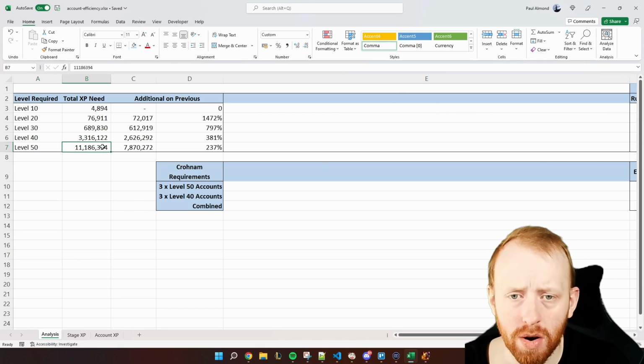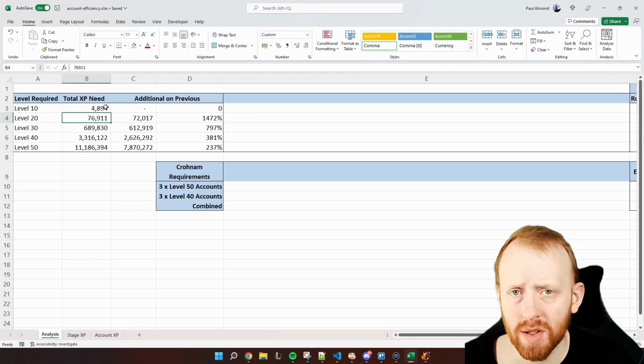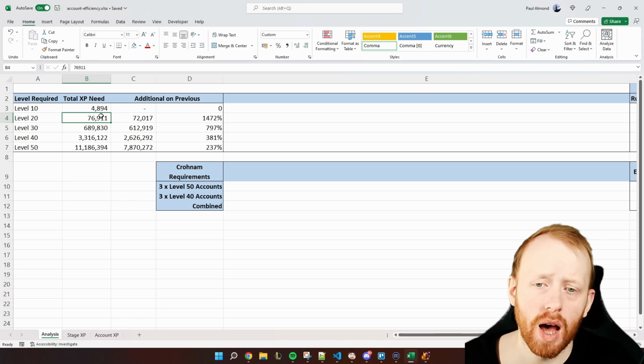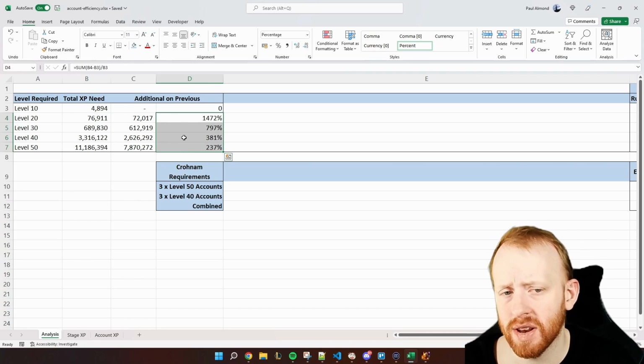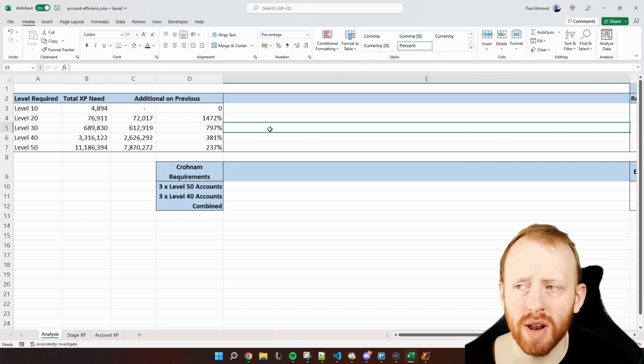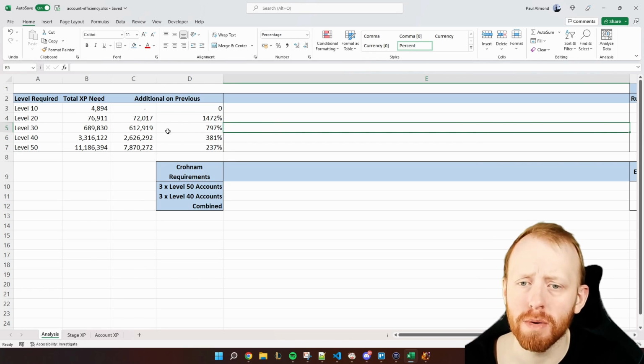So we've got the XP total. As you can see here, getting to level 10 is probably very quick. I think I did one last night and I got it to level 10 in about 25 minutes, maybe less. Level 20 is a little bit more effort. I've put some percentages here just to give you an idea. They're not really that relevant. I wouldn't necessarily read too much into them, but you can see there's quite a big jump between 20 and 30